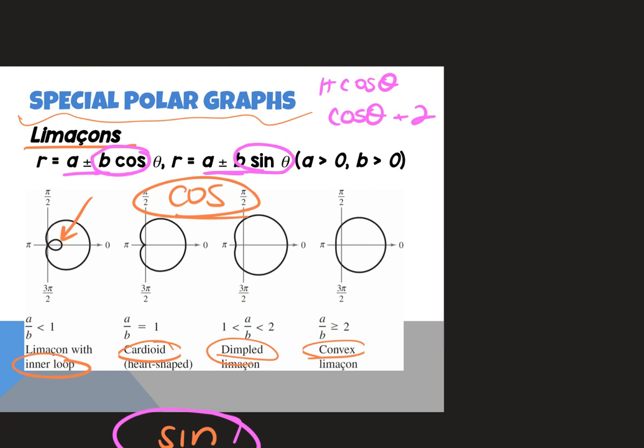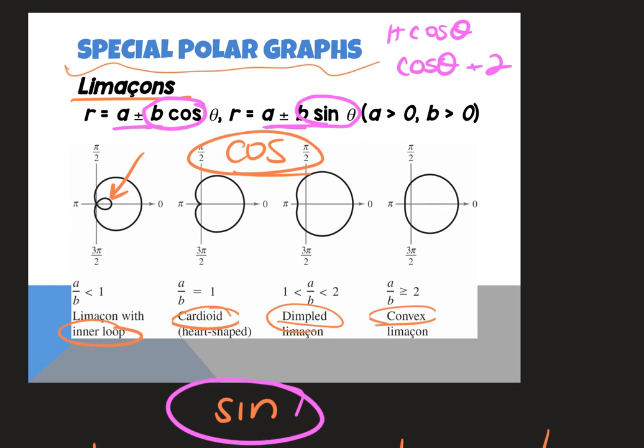So the first thing we're going to do is say this is a limaçon. Then we're going to say which of the 4 types it is. And the way we determine that is you find A over B. A is the number by itself. B is the number in front of the trig function. I ignore the positive or negative signs for classification. If A over B is less than 1,